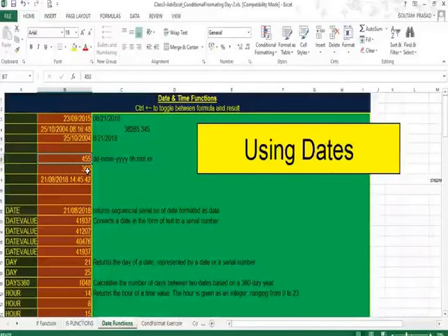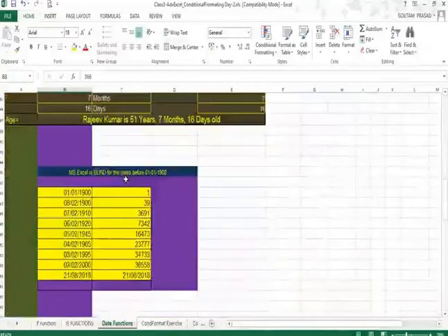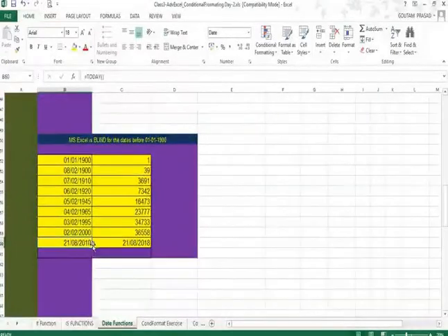So whatever date you write in MS Excel, there is an equivalent number for that. In order to better understand this thing, I am scrolling down to the bottom part of this exercise. Here you can see number of dates are written. It is 21st of August 2018, which is today's date.